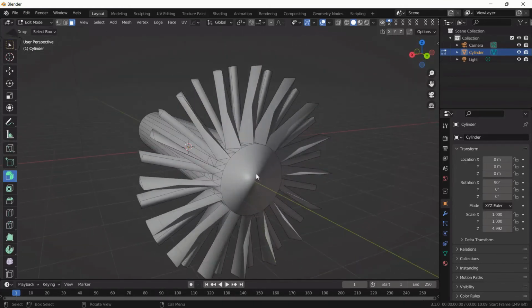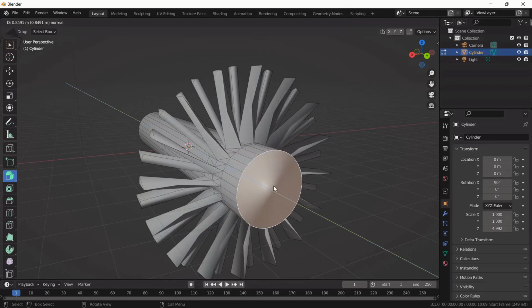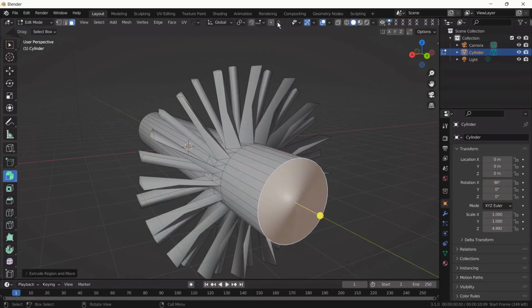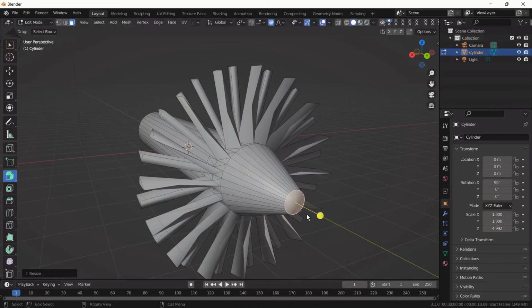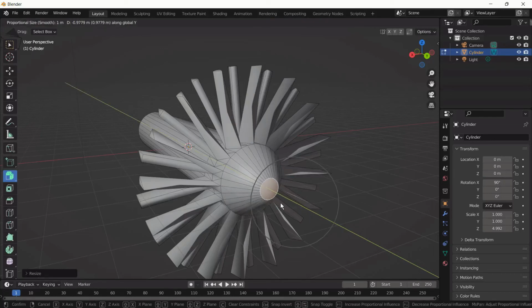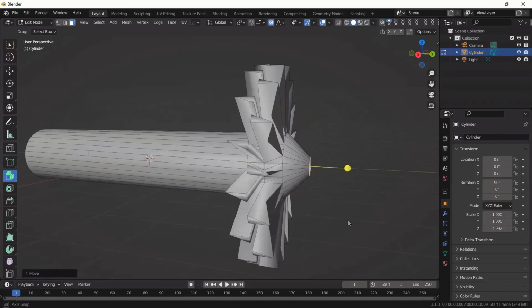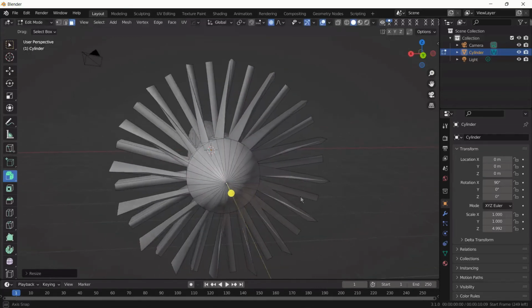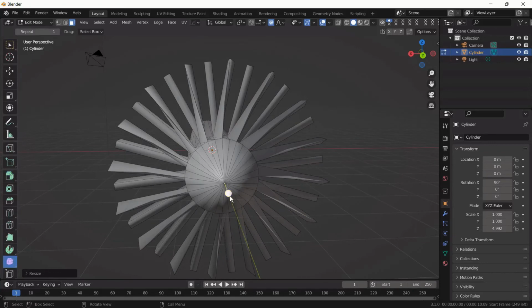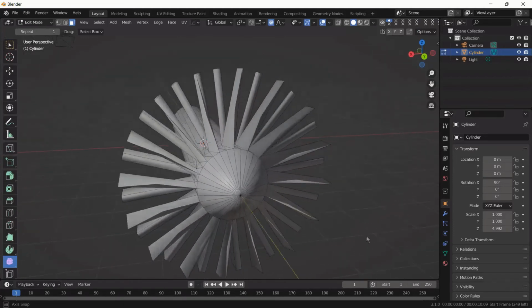Now we create the tip of the shaft. We're gonna use proportional scaling. Scale down and move through the y-axis to get the tip. And we scale it down more until there is no surface left. As you see, we have our tip,